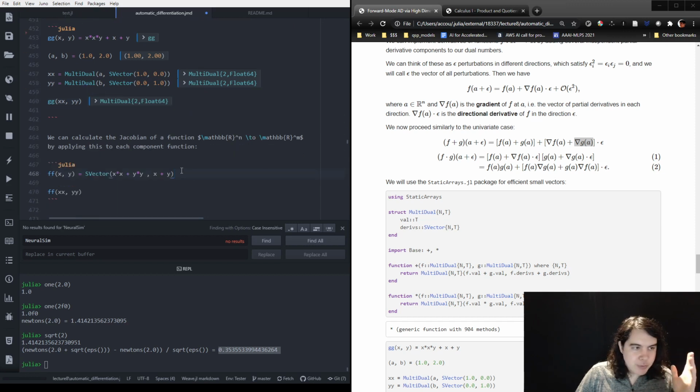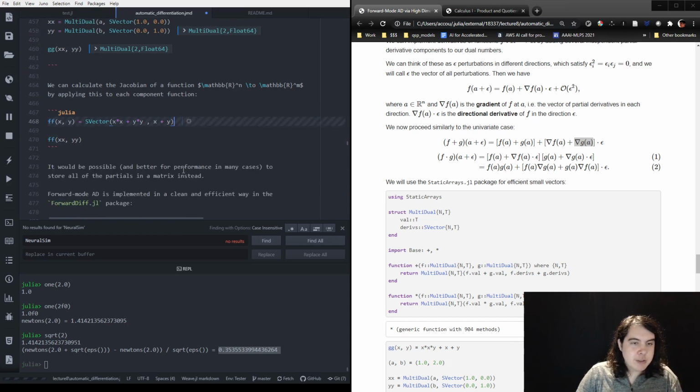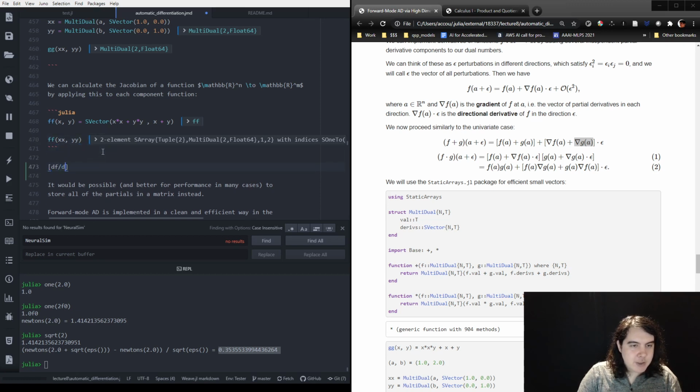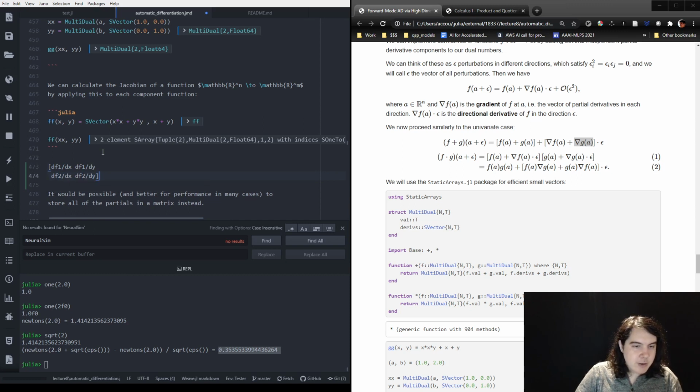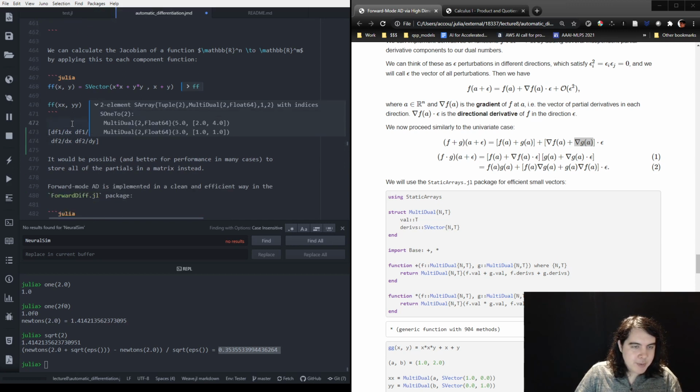So now we can calculate Jacobians and gradients and everything using just arithmetic, right? These higher order operations can just be done. Here I have f, a function with 2 inputs and 2 outputs. Now how do we define the Jacobian? Well, remember that the Jacobian is df/dx, or df1/dx, df1/dy, df2/dx, df2/dy, right? So now if we actually look at this, what we see is that